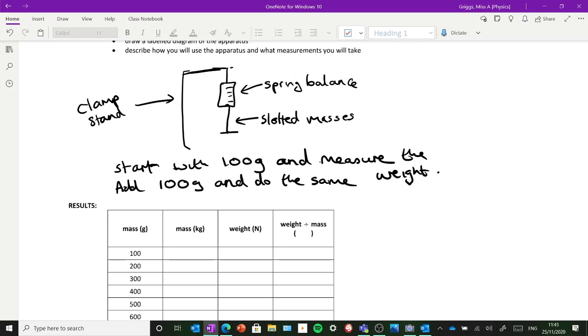Your results table, you'll see it's got mass in kilograms. So how do you change from grams to kilograms? Yep, divide by 1,000. So, for example, 100 grams will be 0.1 kilogram, 200 grams will be 0.2. Weight is what you're reading from your spring balance. And then the last one, weight divided by mass, which is in newtons per kilogram. So it's just basically get your calculator out and do weight divided by mass. My first one was about 1, so it'll be 1 divided by 0.1, which is,